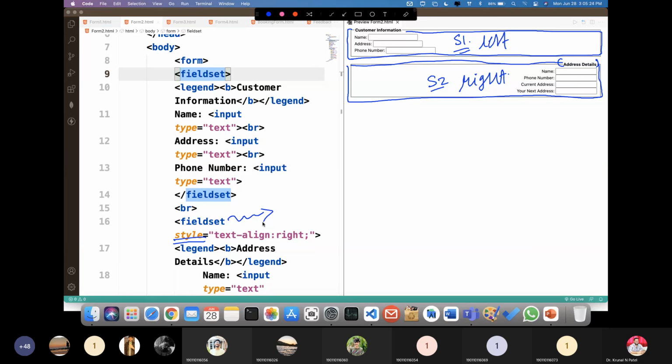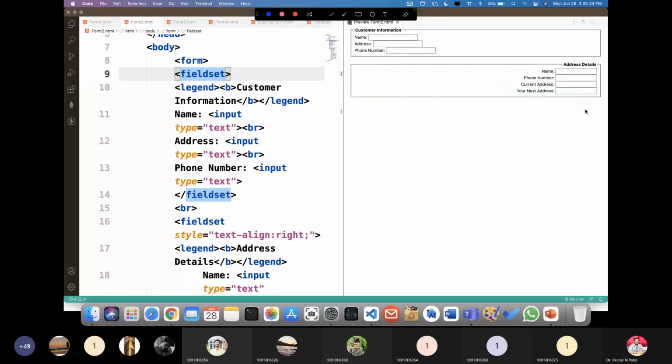So fieldset is also used over here to make your form more informative. So this is about the particular fieldset, right? I hope up to this, everything is clear to everyone.